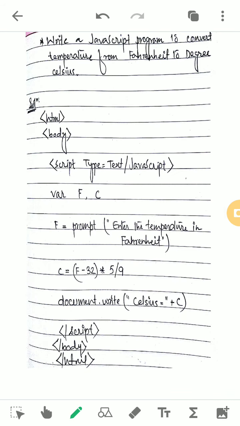Here, write a JavaScript program. This question is very important for your exam. Write a JavaScript program to convert temperature from Fahrenheit to degree Celsius, which should be entered by the user. Temperature from Fahrenheit to degree Celsius. And now see,